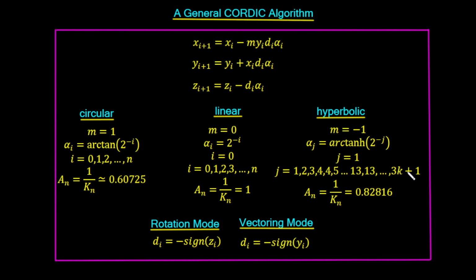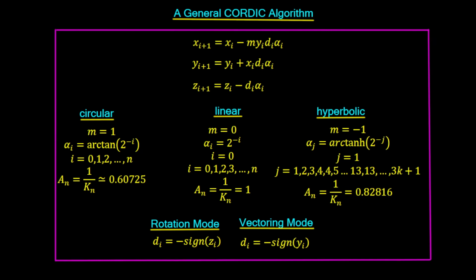And the next repetition after that would be 3 times 13, which is 39, plus 1, which is 40. But this doesn't really concern us at all, because we're only going to work up to 9 iterations of our CORDIC algorithm, so we just need to repeat 4. And again, the value for A_n is 1 upon K_n, which is approximately equal to